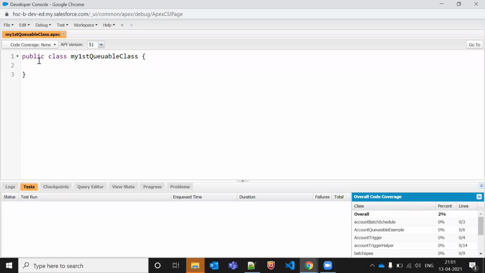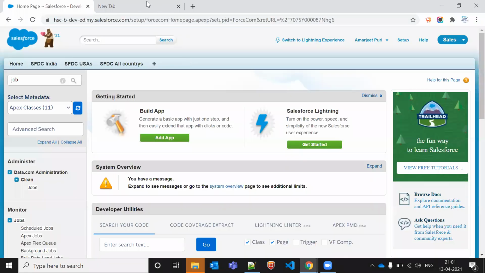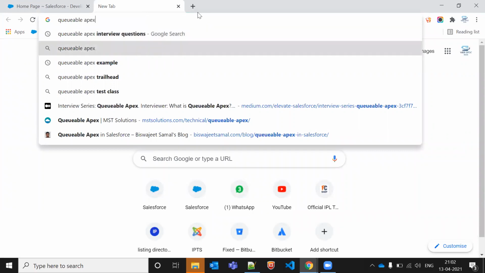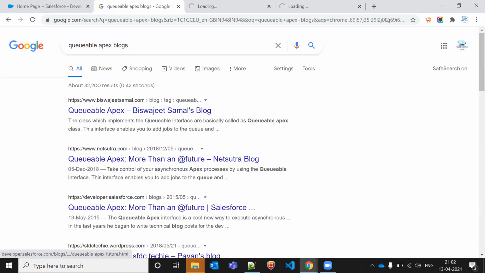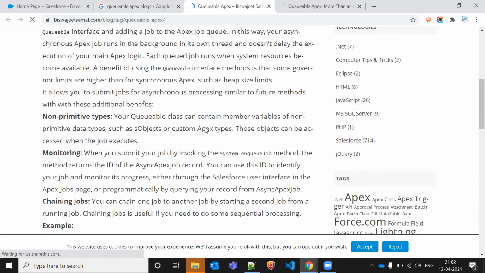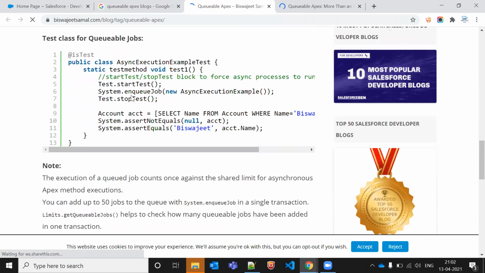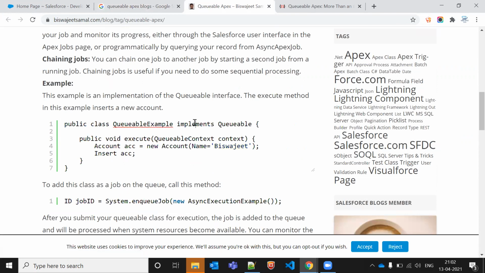Let's just write it. Global. Implements Queueable, that's it. Oh sorry, the execute method is missing.